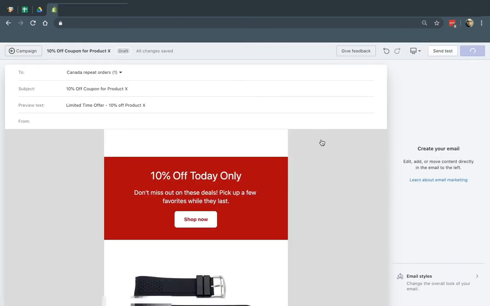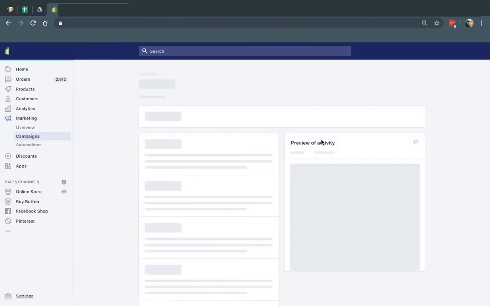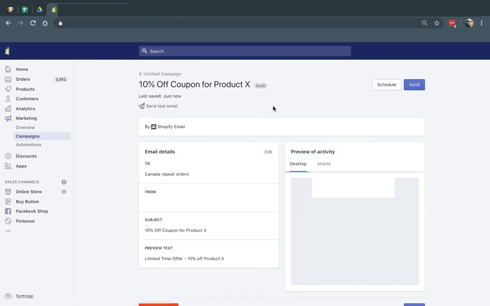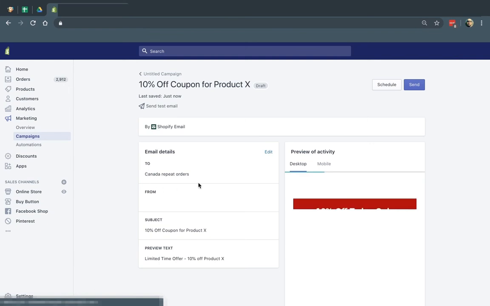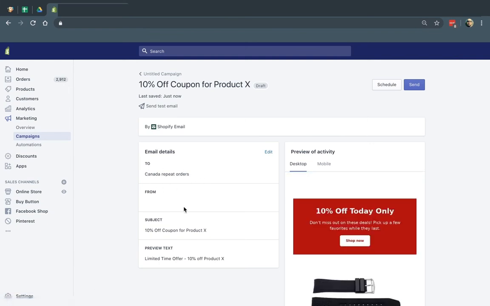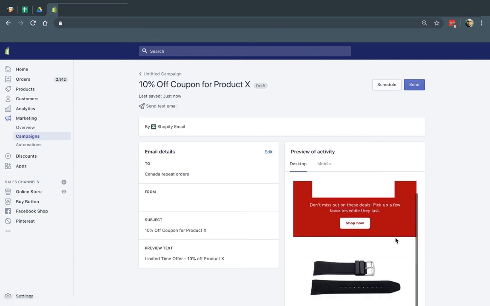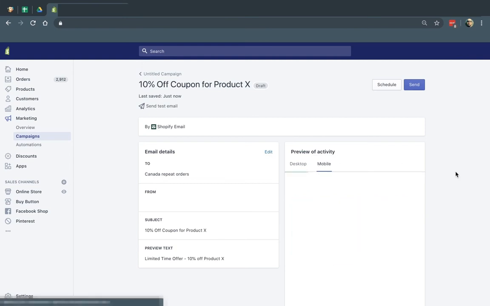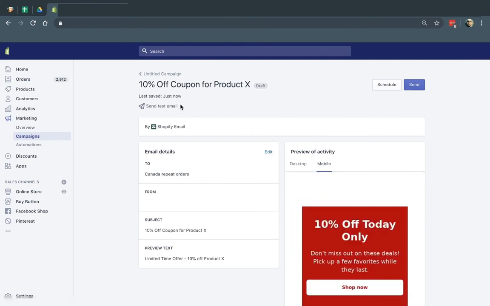I want to review. I want to make sure that I set up everything. I want to review it before I send it out. So the review shows the concept. I have which customer group, who I'm sending from, my subject line, the preview test. I look at it here. I look at it here. Great. Now I can resend the test right here, which I just did. And I can now initiate the sending.